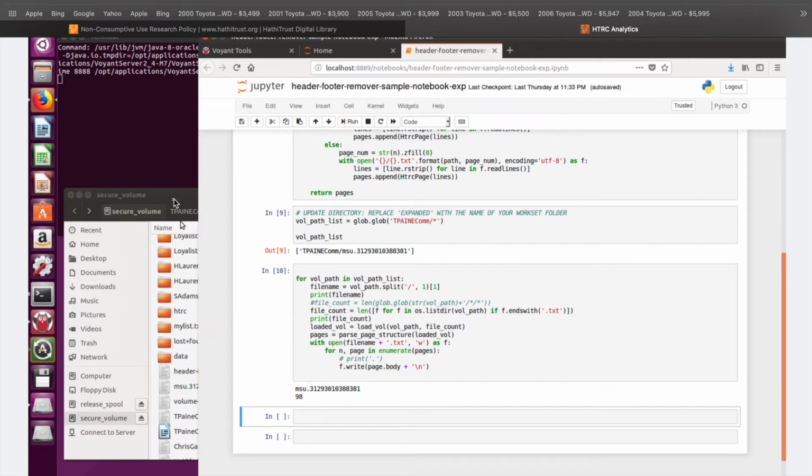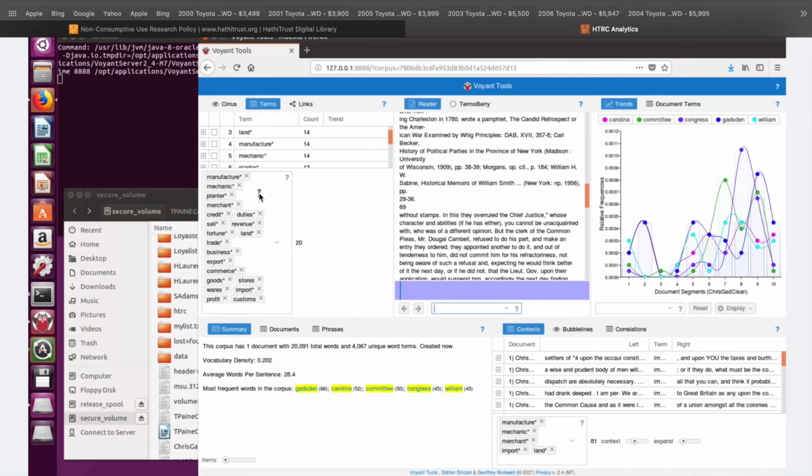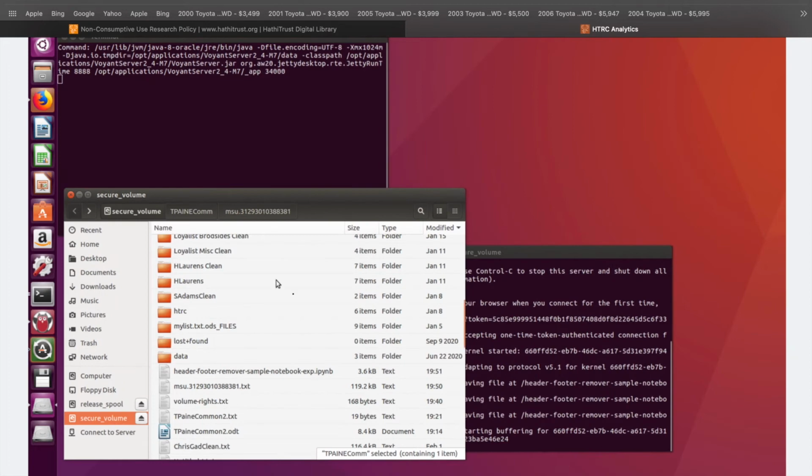actually analyzing your text. The way you're going to do that is by first exiting out of here, and make sure you're doing that because there's only so much computational power that you have access to in this virtual machine. This is essentially the tool that we're going to be using in order to analyze our actual texts, to get the results and then write on those results. It's called Voyant Tools. It's an open source tool that's free and really easy to use, but we'll get to that in a second. I'm going to minimize that, and then the